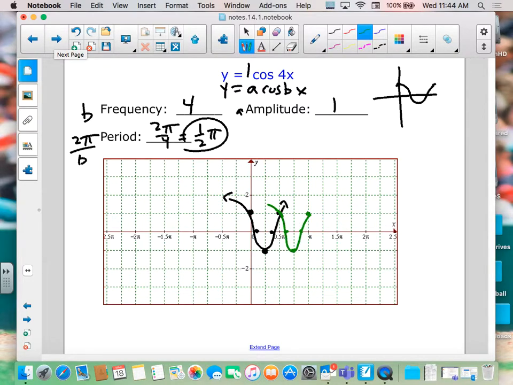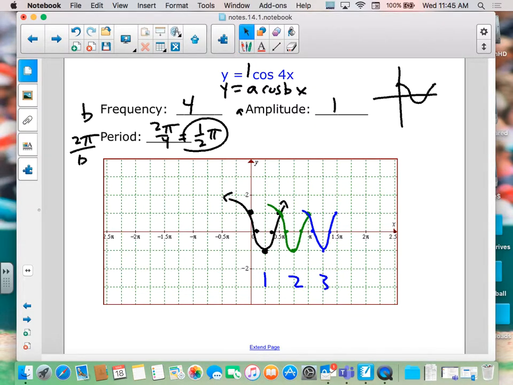There would be a second period. If I kept that going and went out 1/2 pi, in between, you could see 3. So this is 1 cycle, 2 cycles, 3 cycles. We've got 1 color left here. If I go out here,